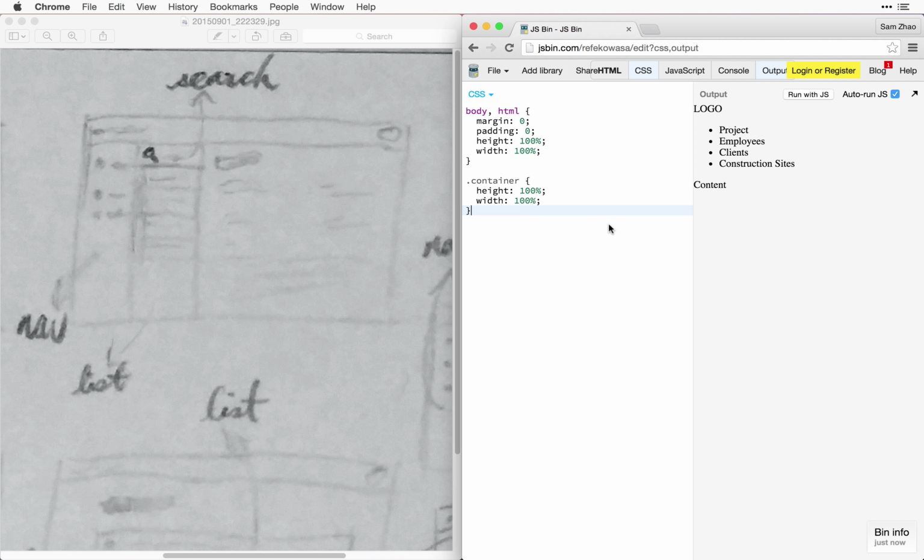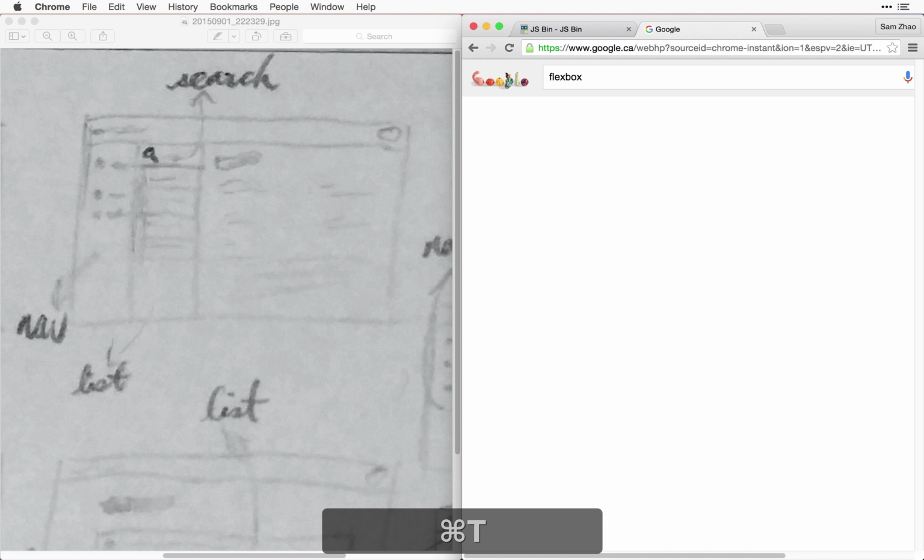All right. Let me tell you another very important CSS feature that's only available in CSS 3, but it's going to be very, very valuable to your productivity in terms of mockup creation. It is called the Flexbox. You probably heard of it. You probably have already learned it. But for those who haven't,